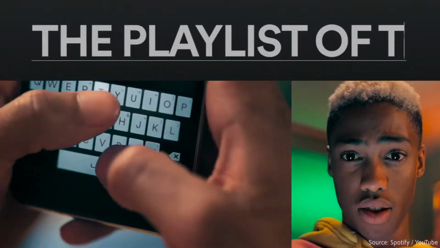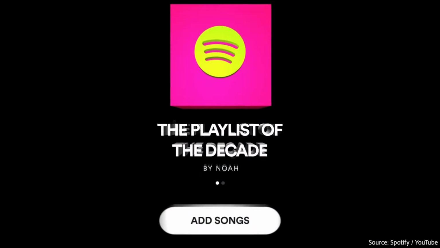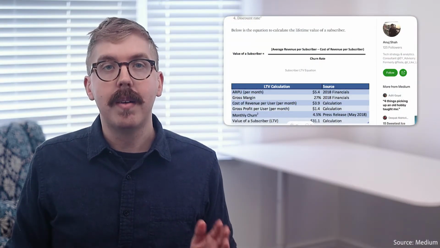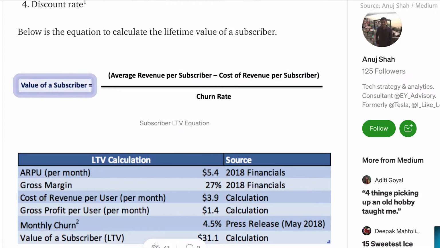But Spotify has to calculate a customer's lifetime value a little differently than other companies. Here's how the tech strategist Anu Shah broke it down. The LTV of a Spotify subscriber depends on the average revenue per user. This is then subtracted by the cost of revenue, or how much Spotify spends on average per subscriber. These numbers are then divided by the churn rate, or the rate of subscribers that are lost over a given